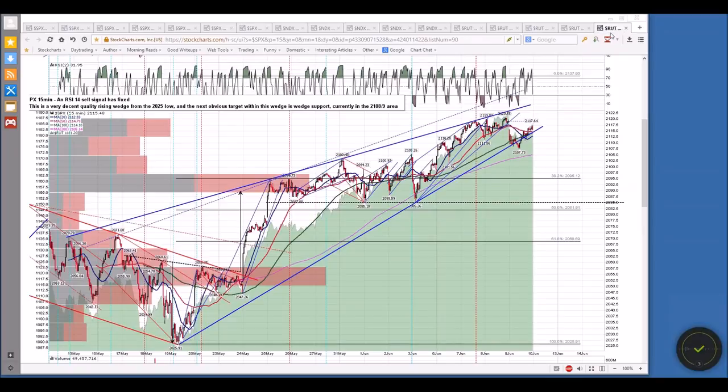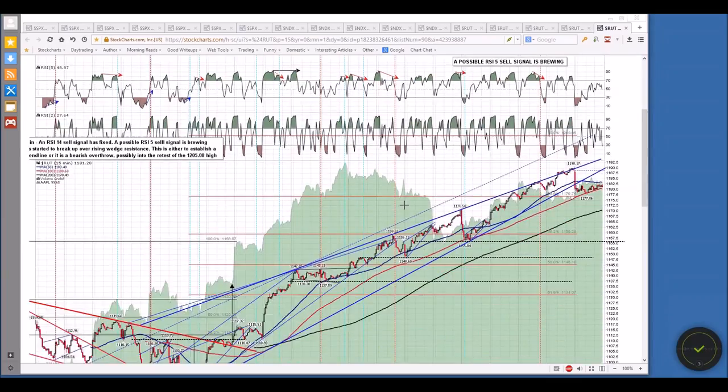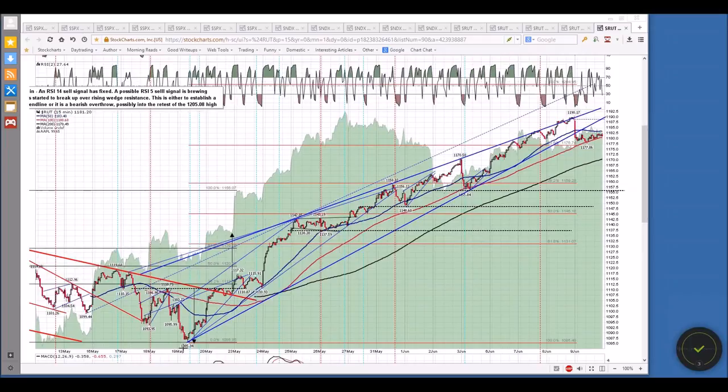We did exactly the same on RUT. Obviously, it was a bigger break, but this has actually gone up 10% in this very narrow and very nice rising wedge. It overthrew at the high. We're going to see a high soon, but as you can see, RUT tends to move at a different speed. Look at the rally here.